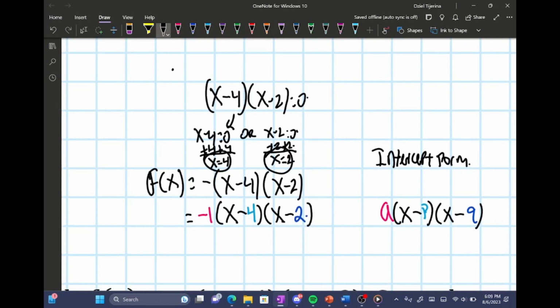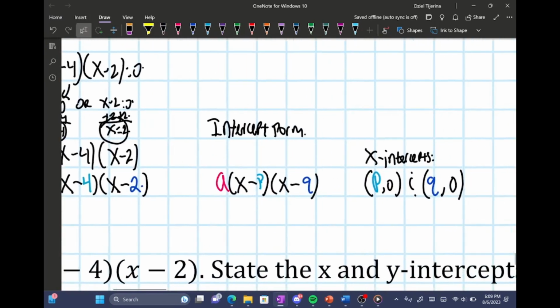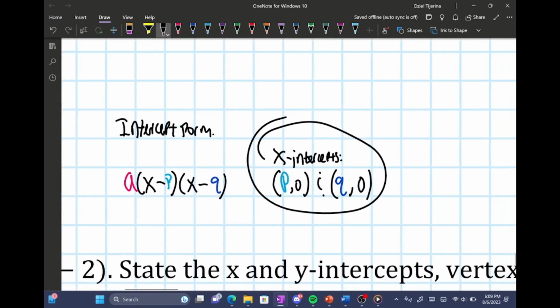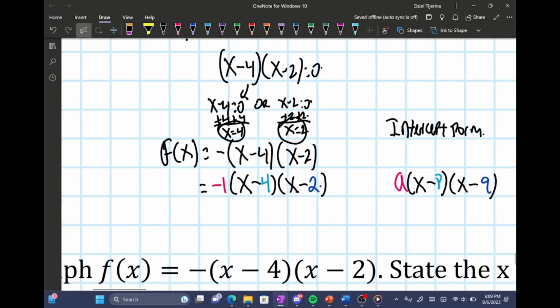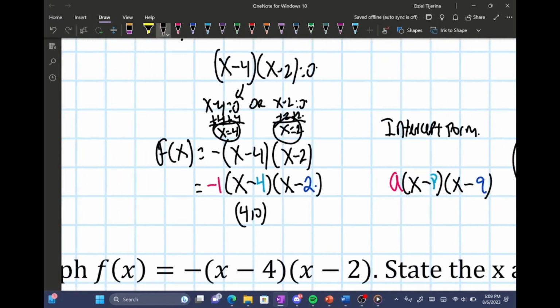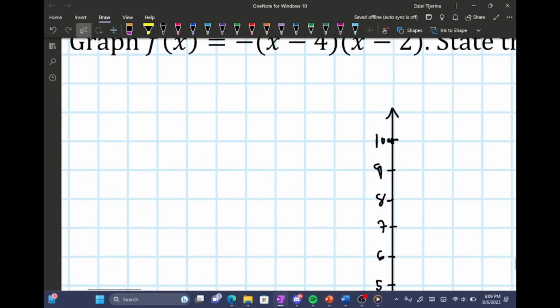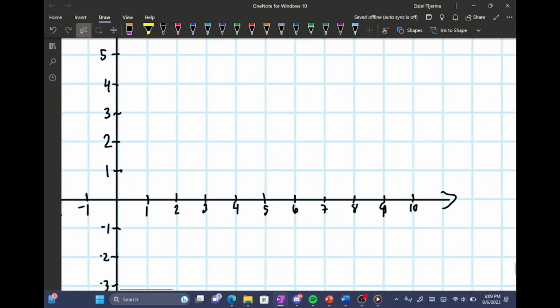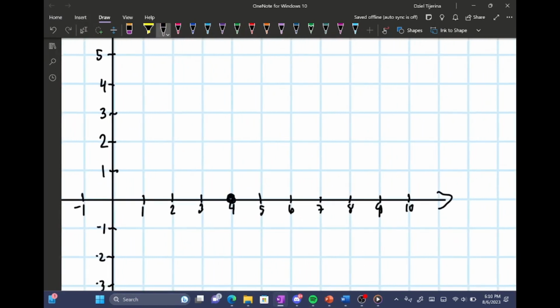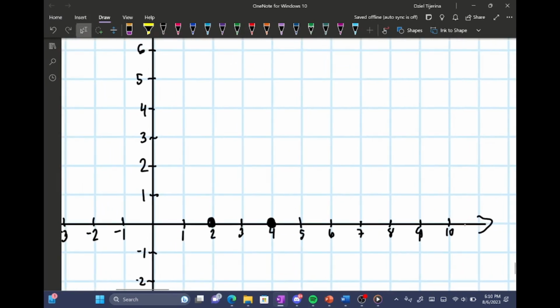If you guys haven't learned that, just know that these are your x-intercepts, okay? It's p comma 0 and q comma 0, so it would be 4 comma 0 and 2 comma 0 in this case. So we're going to label those intercepts right here. We have 4 comma 0 here and 2 comma 0 right here. So again, 2 comma 0 and 4 comma 0 are my x-intercepts, right? Okay,